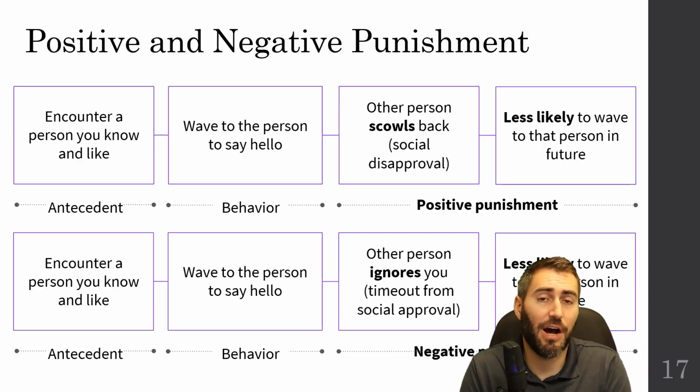Again, looking at the other examples that I gave, let's say you come home with all F's on your report card. So bad behavior, your parents want to improve that. They don't want you to do that anymore. So they could either use positive punishment, where they're going to add something negative to the equation to make it less likely for you to do this again in the future. So maybe they add some curfew to your life, or maybe they add some other type of punishment to decrease your likelihood of doing this again in the future.